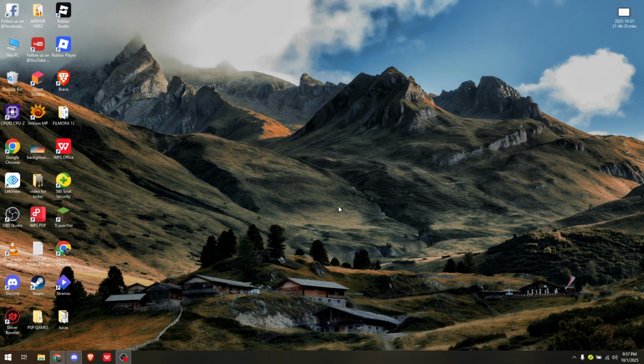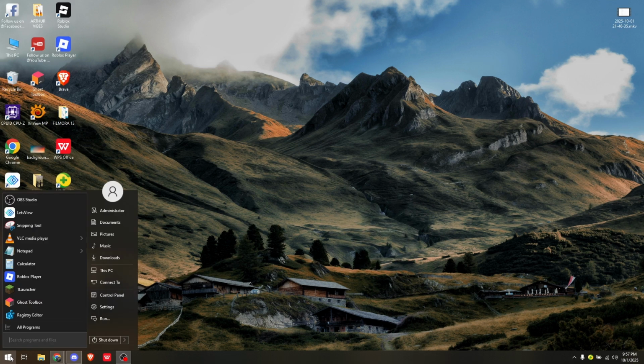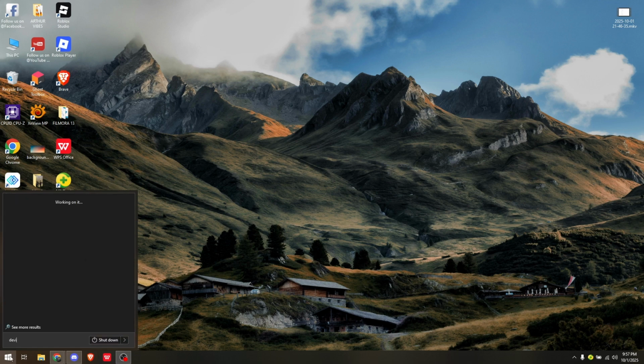So the very first thing that you want to do is, of course, to enable HVCI via memory integrity. For you to be able to do so, just head straight into your Windows icon and simply type in device security. Now, it may not be available for you because it actually depends on how you set up